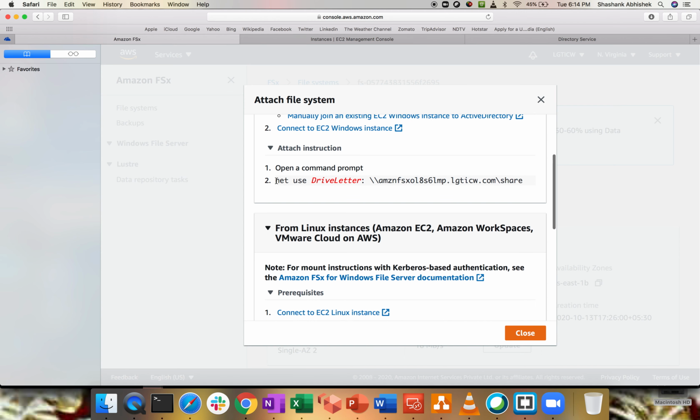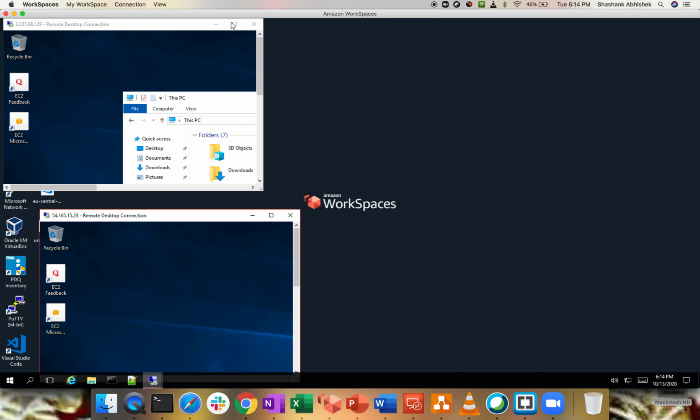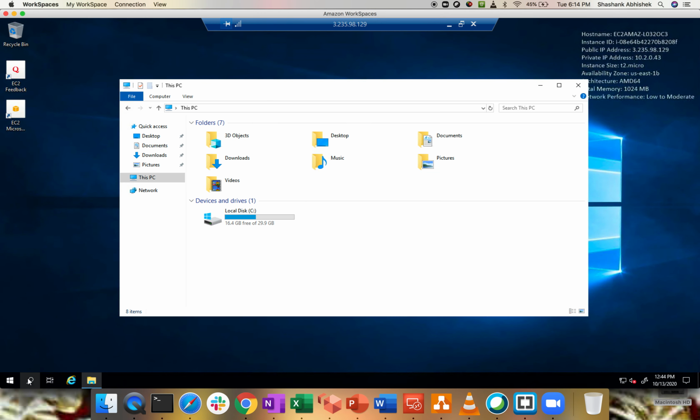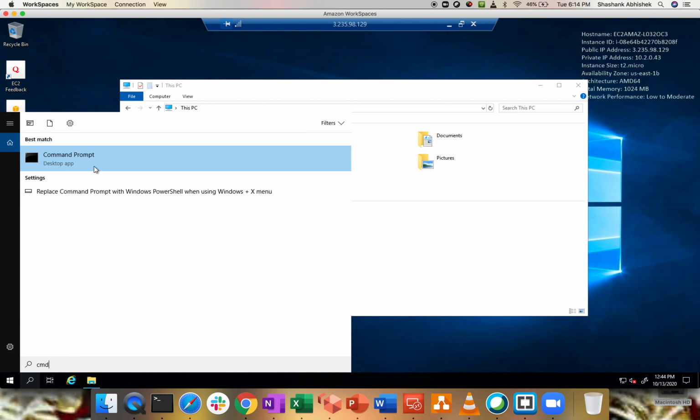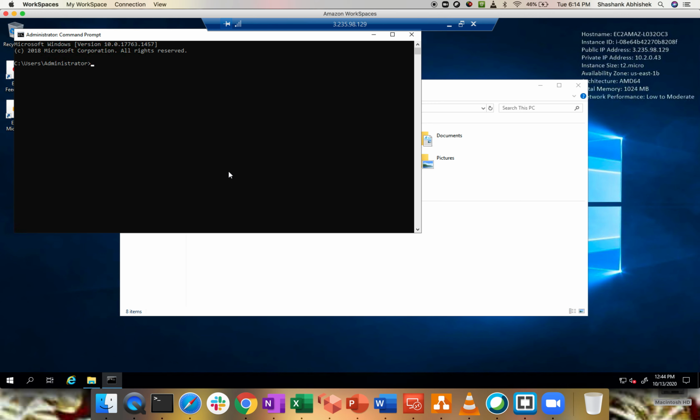then you can use this particular command to mount to this particular file system. Okay, so let's copy this command. Let me go to one of our instances, open a command prompt, paste it, and I'm going to change the drive letter to T. Okay, T for transfer. Enter. This will ask you for username and password.